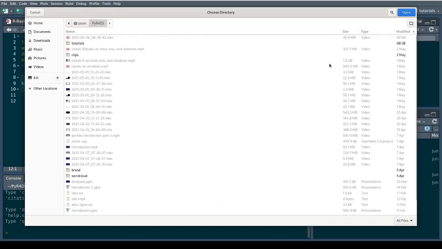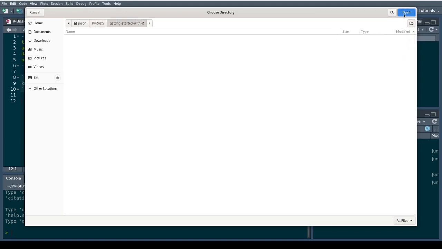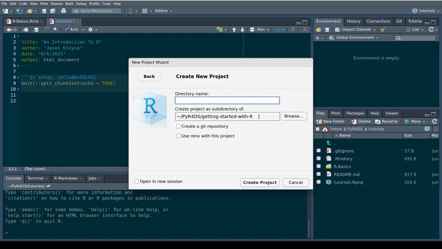Yeah, this directory. So I add that one. I call it test project. Give it a useful name, like you can call it a tutorial, a guide, or getting started with R. Getting started with R. Give it a meaningful name. Then create the project there.